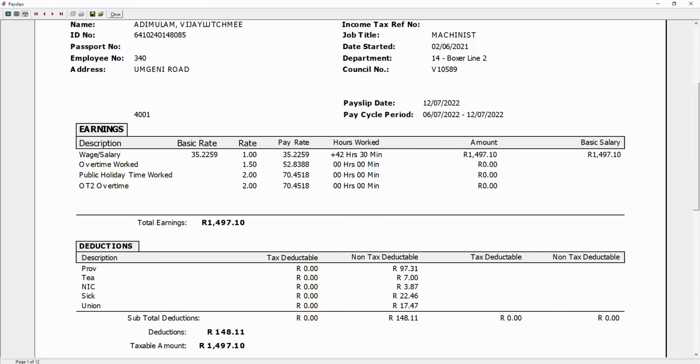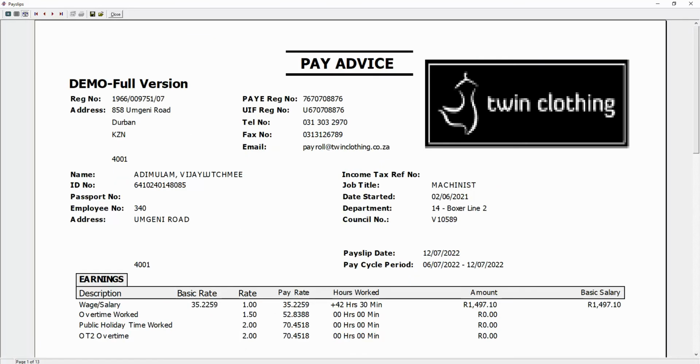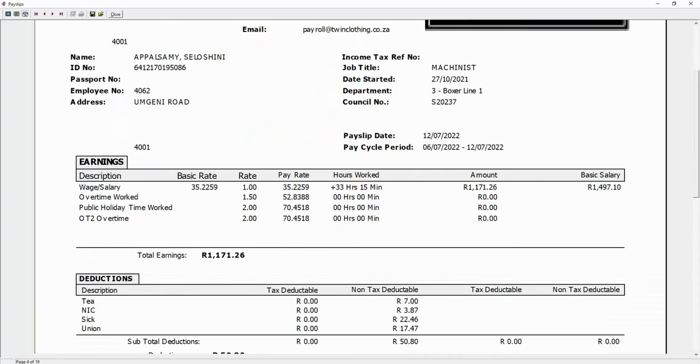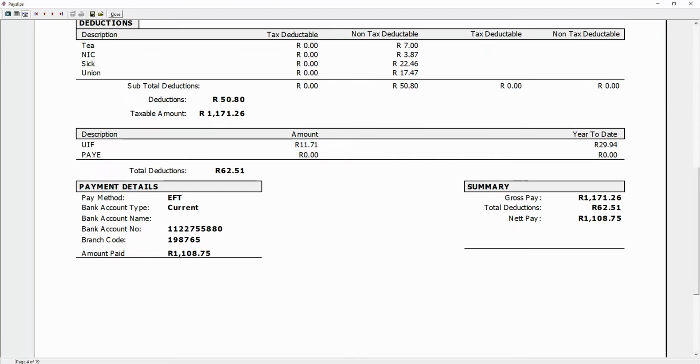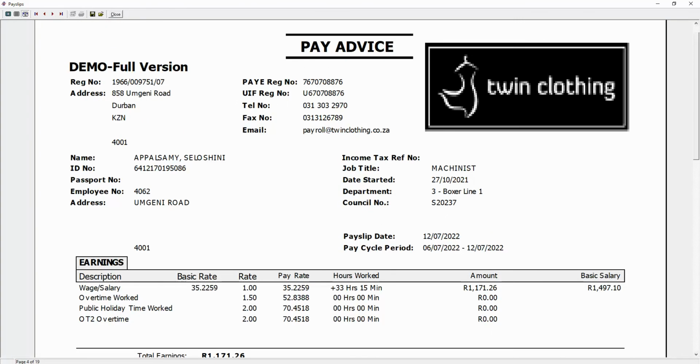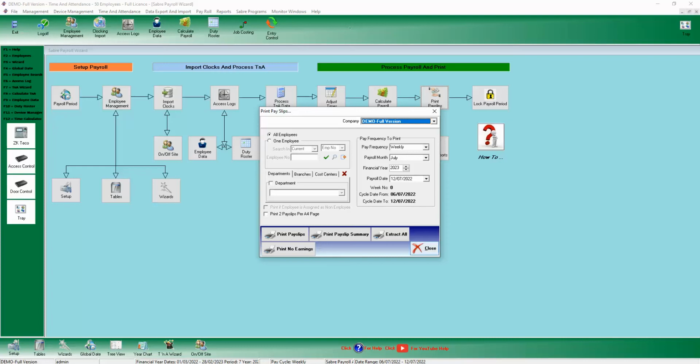I'll jump around a little bit. I'll show you some of the settings under the employees. But there's employee for employee, with the pay slips. Obviously the date, the pay slip date and the period, the cycle that it's for, and the total earnings and everything else is on the pay slip. Okay,